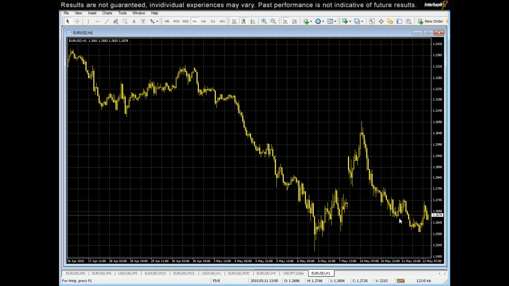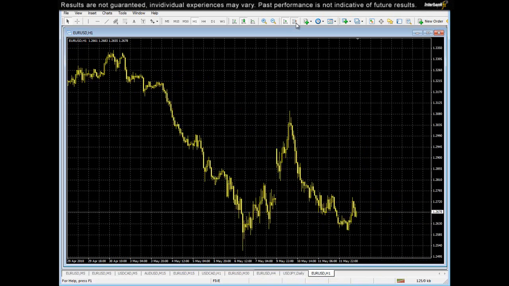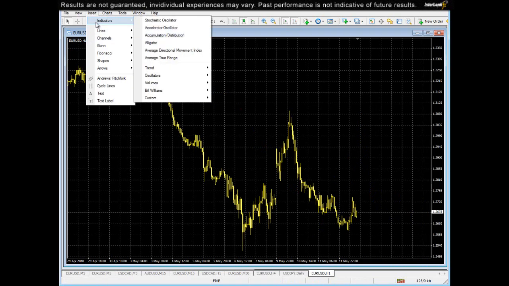I won't necessarily concern myself with patterns like triangles or rectangles. I won't necessarily concern myself with oscillating indicators. I can narrow down what I'm going to use. That's the advantage, okay? If you're curious what the advantage is, that's just one piece of it, okay? So let's go ahead and look at this chart